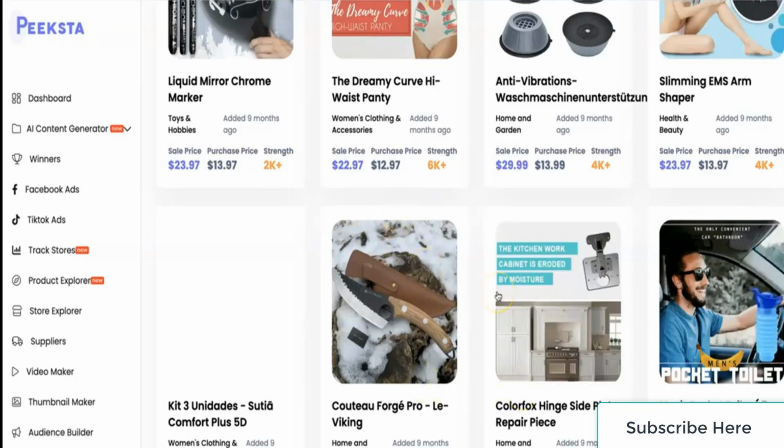Alright, so this is basically what you can expect if you want to use Peeksta as a product research tool